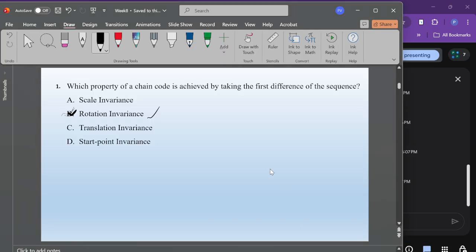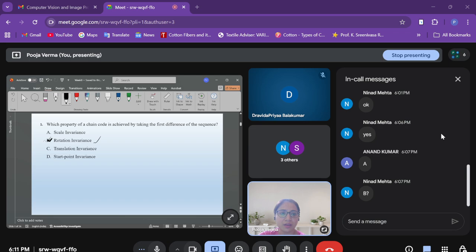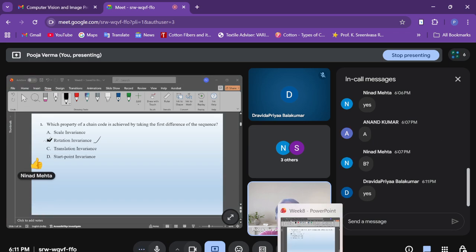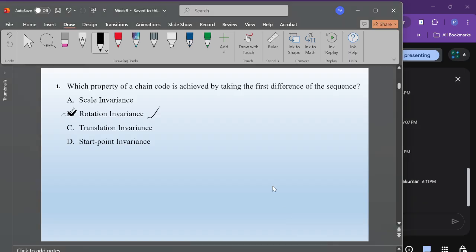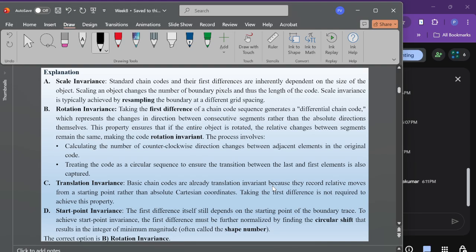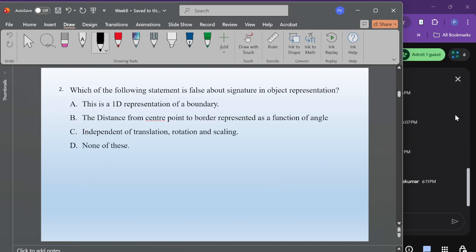Now we will move to our next question. Is it fine? Have you understood? Okay. So now moving to our next question. Now our next question is,